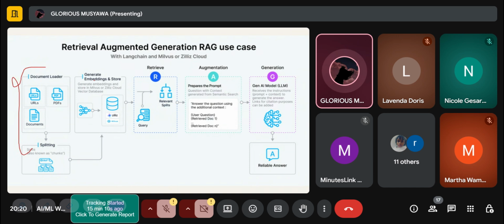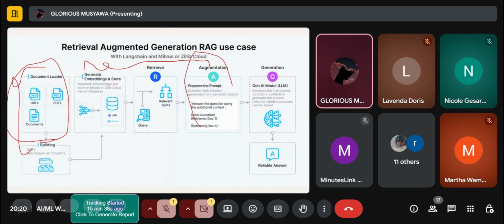But still, even if it's doing all that, the process of turning that information into tokens, embedding, etc., feeding it in a way that a machine understands, still takes place. It's still part of the process. Don't forget that. And then now we augment. This is retrieving from these documents. We augment, we pass it through an LLM, we get our answer. So this is like a visual presentation of RAG.